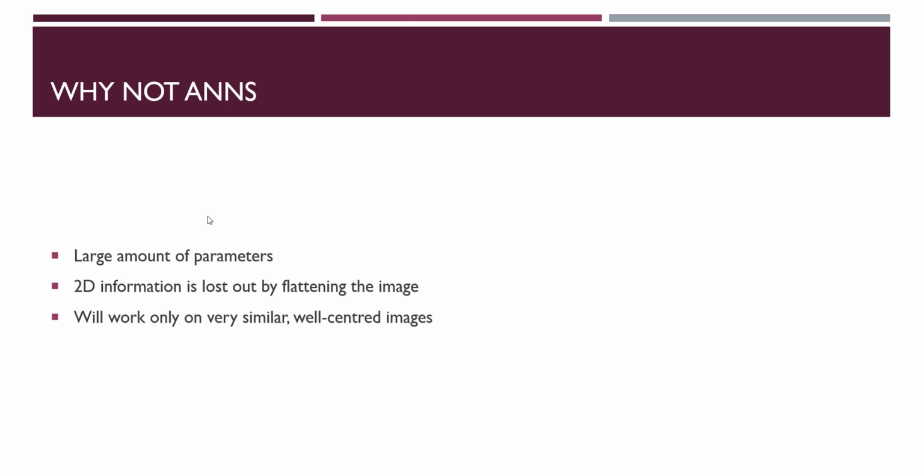You do not have a 2D representation at all, so everything is flattened out. So if you have something like a 32 by 32 by 3 RGB image, let us just approximate it as 30 by 30 cross 3. 30 by 30 itself is 900 cross 3, that means 2700 parameters will be there for that single image